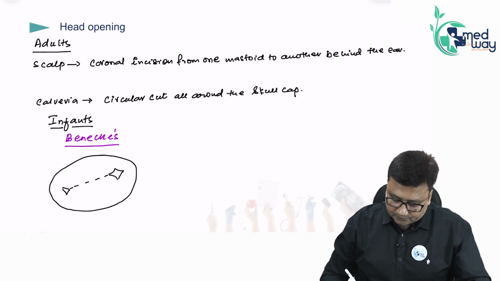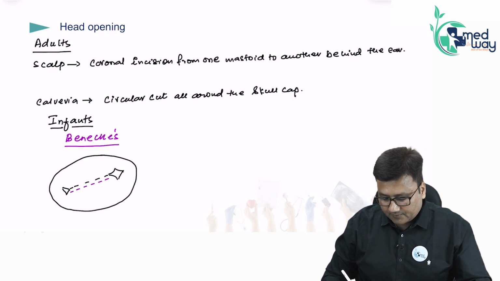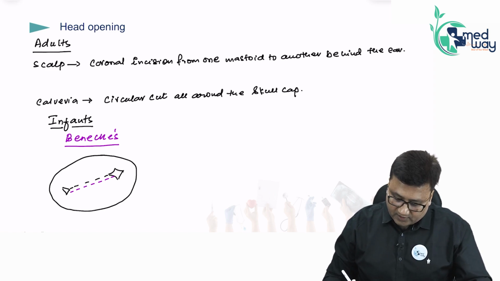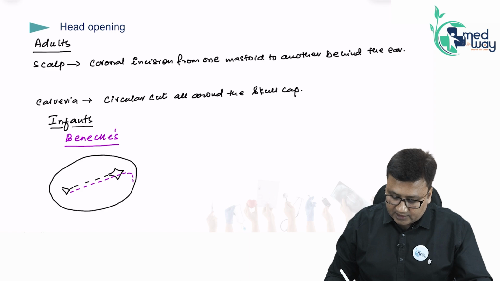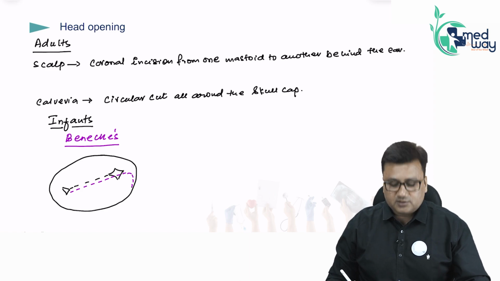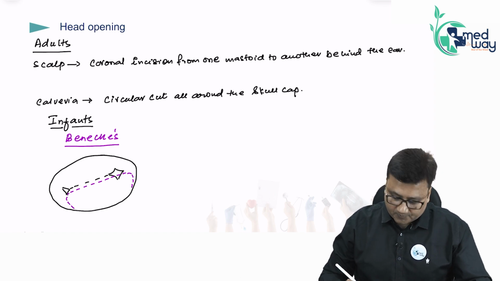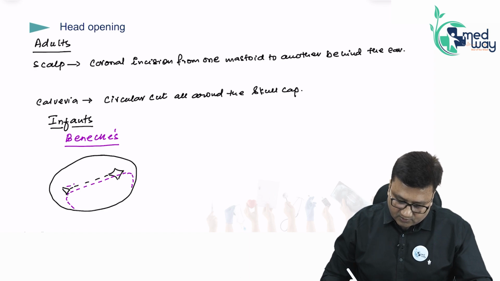We start to give a longitudinal incision like this 5 millimeter away from the sagittal suture. We continue the incisions into the frontal bone area and the incision is then curved downwards. Similarly, in the posterior parietal area, the incision is curved downwards, and the same thing is done on the other side also,